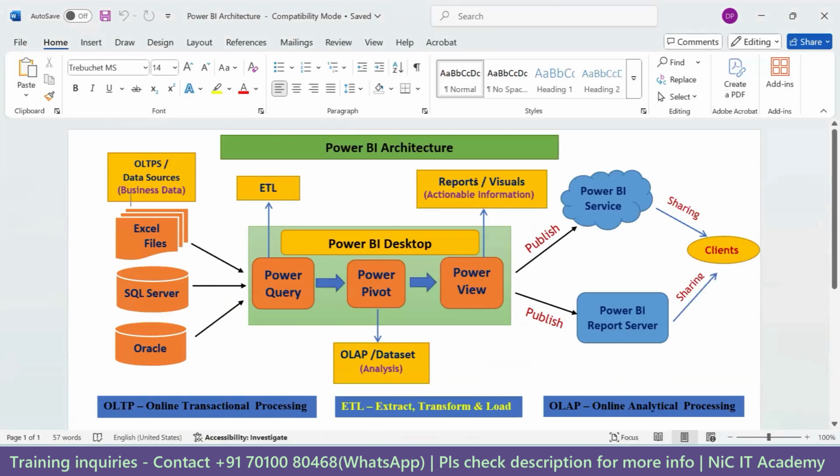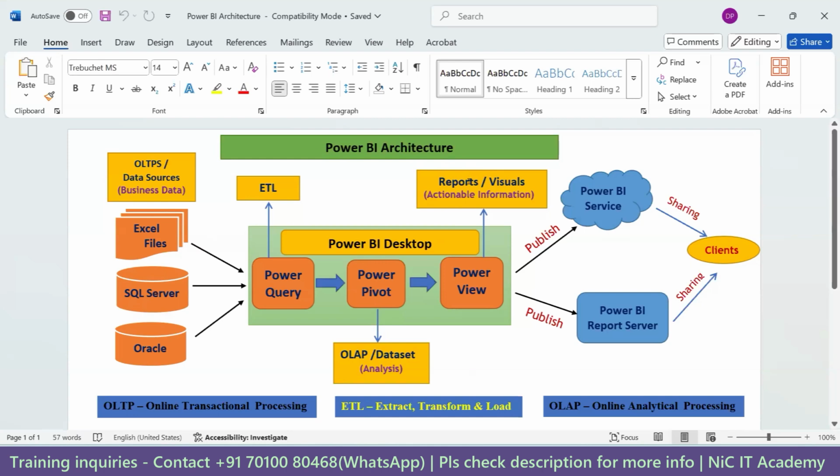So here, let me tell you some basics. Let's imagine the reports and visuals are there. Let's imagine two cases. These reports and visuals we need to make, right? There are two ways. Firstly, we can make the reports and visuals directly using the traditional database like SQL Server. I can make it. So the first case is that we make the reports and visuals with the help of SQL Server. And the second case is if we make the reports and visuals from Power Pivot, which